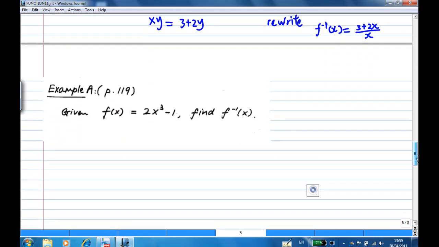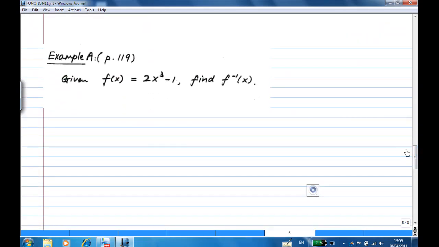Let's look at another example. If f of x equals 2 times x cubed minus 1, I want to find the rule for f inverse. So step number 1 is you write y equals 2x cubed minus 1. Right? This is y equals f of x. Step number 2, make x the subject,